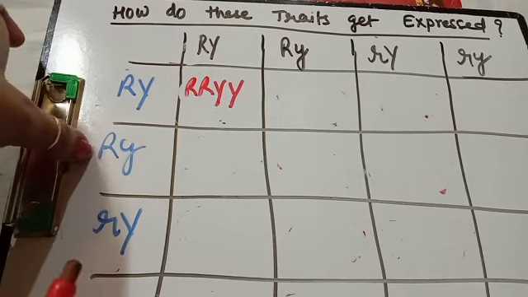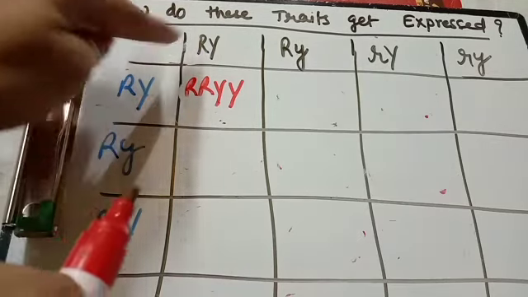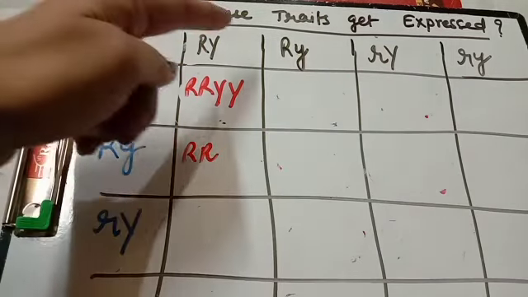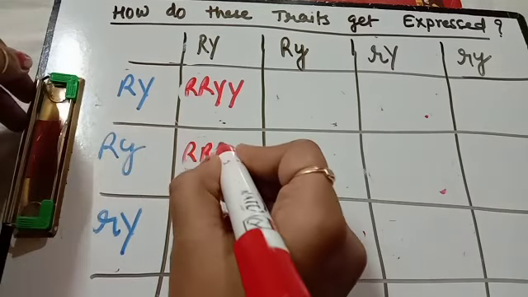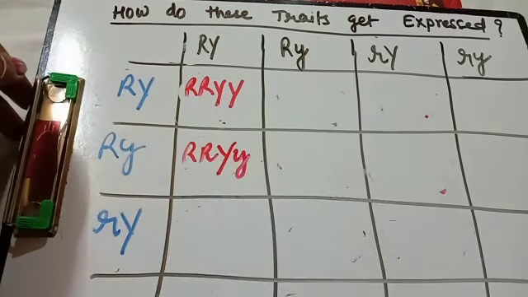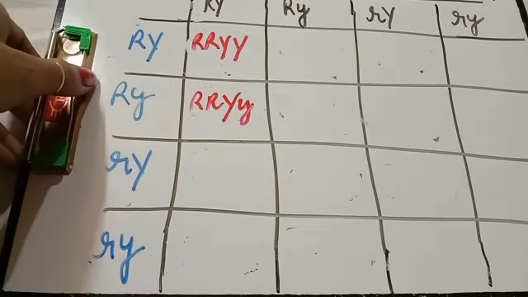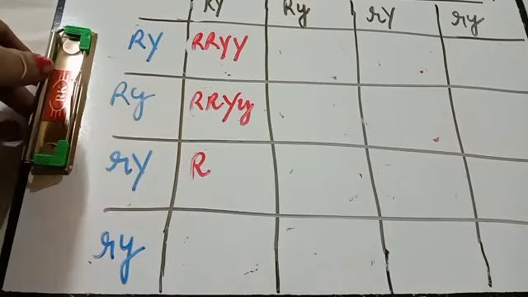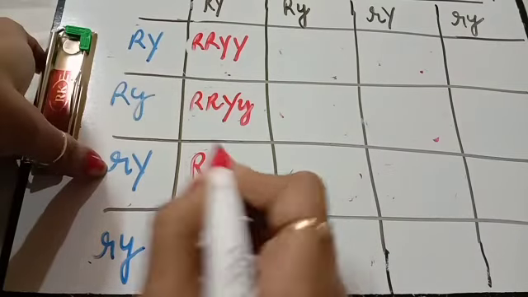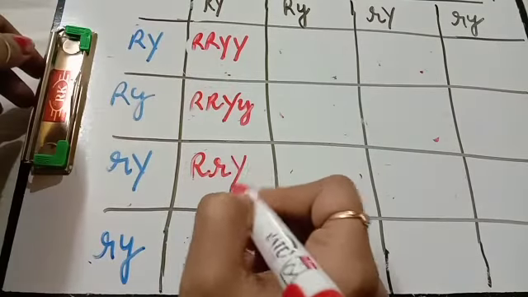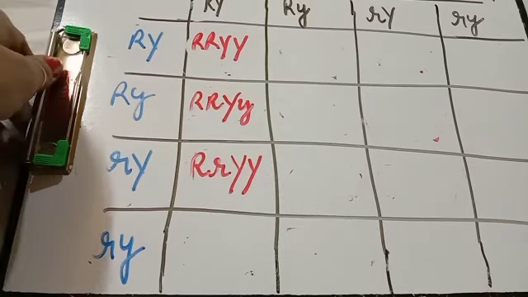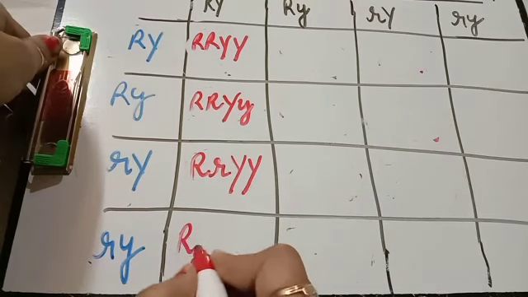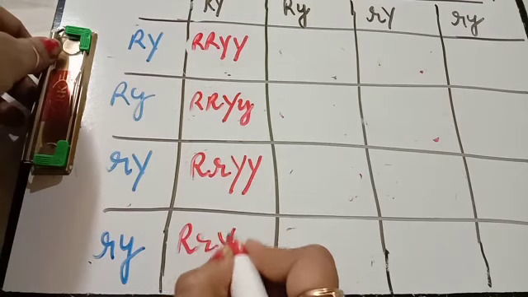Now for the second one, I am taking these two. Both are capital R, so you write that first. Now capital and small: I told you to write the capital dominant trait first. So next will be capital Y, small y. Clear? Third, small r, this. Again I told you to write capital things first: capital R, small r. Now both are capital, capital Y, capital Y. Again now small r came, small r, but we have to write capital first, then small. Then capital again and small.